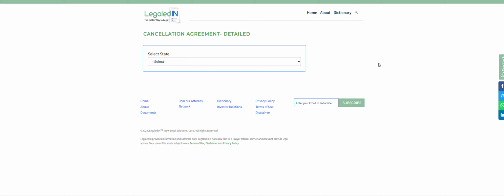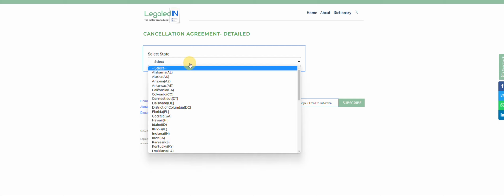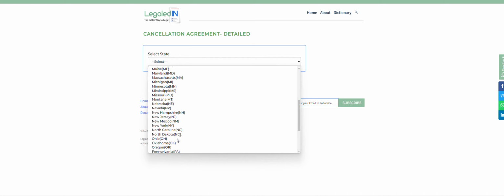Now, the cancellation agreements will usually ask you for information about the parties who are involved, their full name, addresses, what's the name of the agreement that they had entered into, the underlying agreement, the date that it was entered into, and signatures. Now let's go ahead and select the state you're in. I'm today in the state of New Jersey. Go ahead and select the state that you're in, and it'll bring you to a page that gives you some